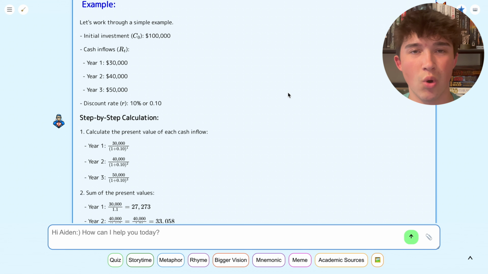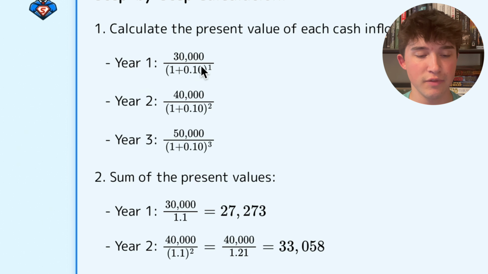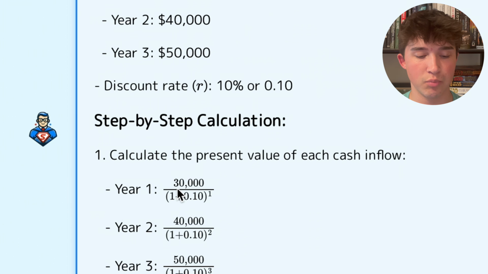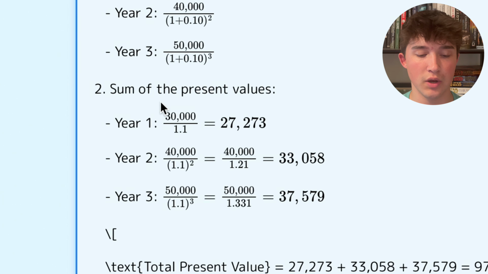Let's work through a simple example here. The initial investment is $100,000. If your cash inflows are $30,000, $40,000, and $50,000, and the discount rate is 10%, the step-by-step calculation is as follows. So in year 1, we plug $30,000 in as R sub T, and we divide that by 1 plus 0.1, because 10% is the discount rate, to the power of 1. So that is going to equal 30,000 over 1.1 to give us